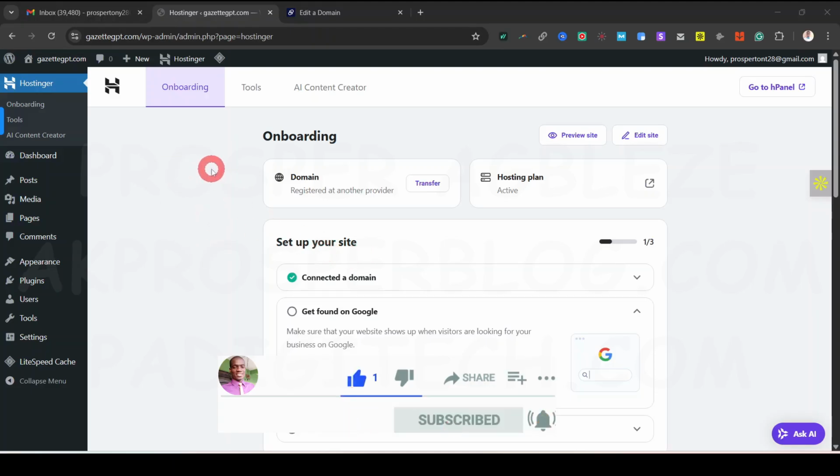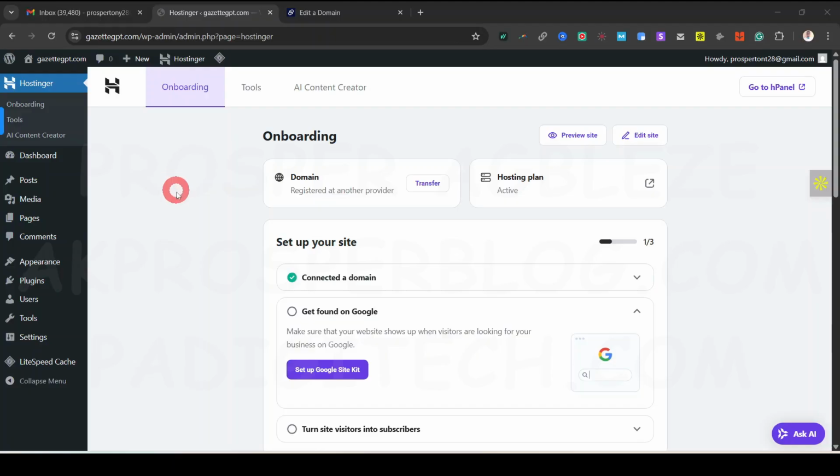So now the installation process is completed and you are going to be redirected to your WordPress dashboard, and this is what it currently looks like. Okay, now if you select the option of using a domain from a separate registrar, once you have been redirected to your WordPress dashboard, you might be getting some red notification here that your domain has not been verified and what have you. So once you click on it,